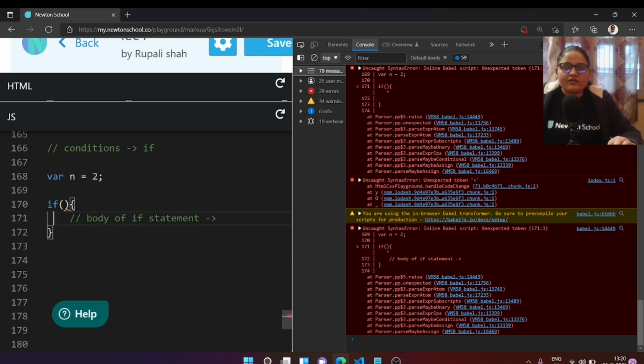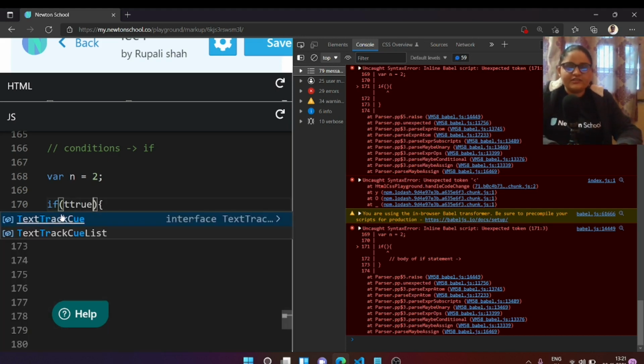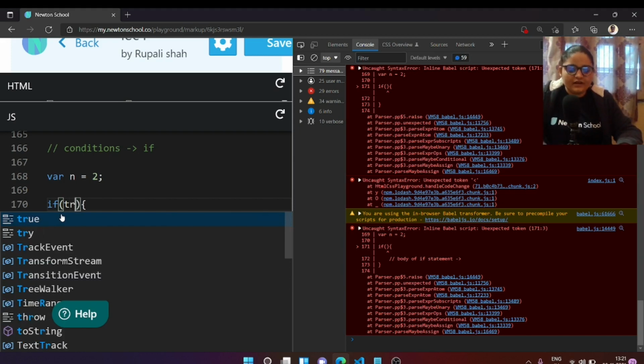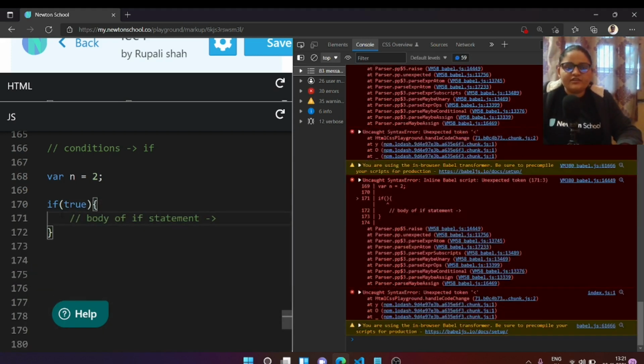We say, if you get good marks you will get chocolates, or if you get bad marks you will get some scolding. Like that, if the condition is true, let's just write true over here, the statements in the curly braces execute, and if not, they won't be executed.